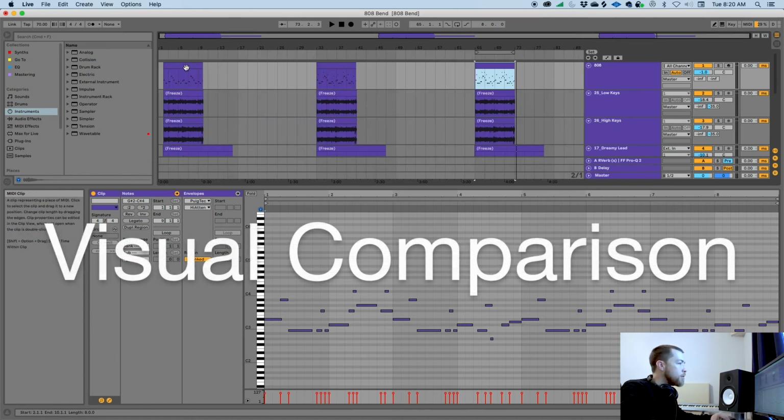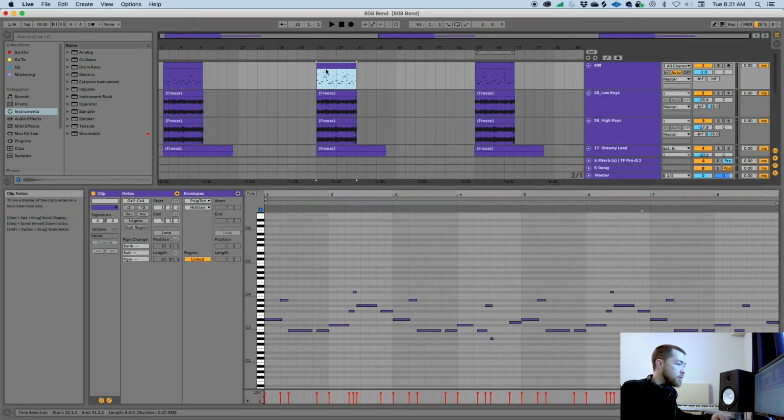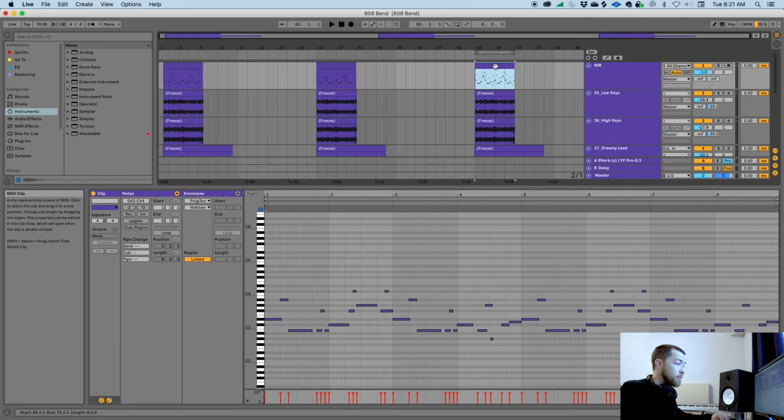So now that we've played through all three, I want to just sort of go through and compare each of them just so you can see exactly the differences. So here we have version 1, the simplest one. Then we have version 2, gets a little more detailed. And then we have version 3. So each time I'm adding a few different bends in the notes and giving the bass its own melody and rhythm. So that's one way that we can improve